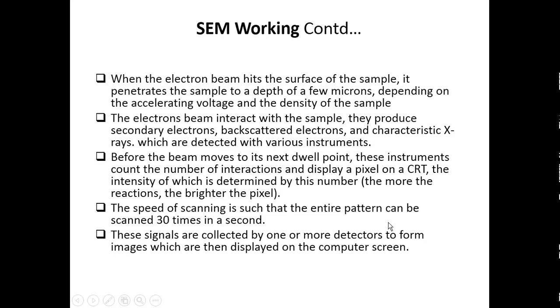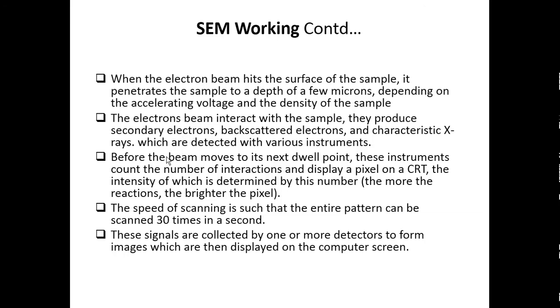Okay. Now, when the electron beam hits the surface of the sample, it penetrates the sample to a depth of a few microns, depending on the accelerating voltage and the density of the sample surface. The electron beam interacts with the sample. So whenever this electron beam, which has a very high energy, accelerated at a particular energy level, hits the surface of the sample,